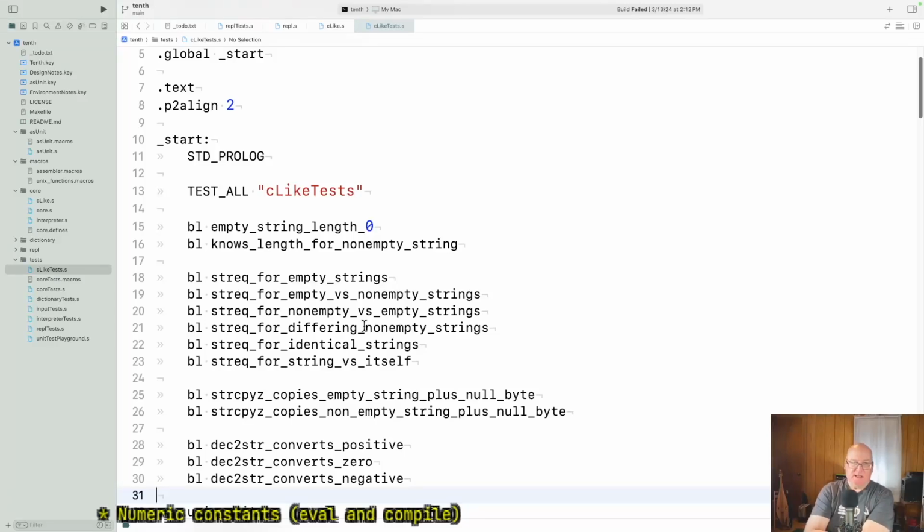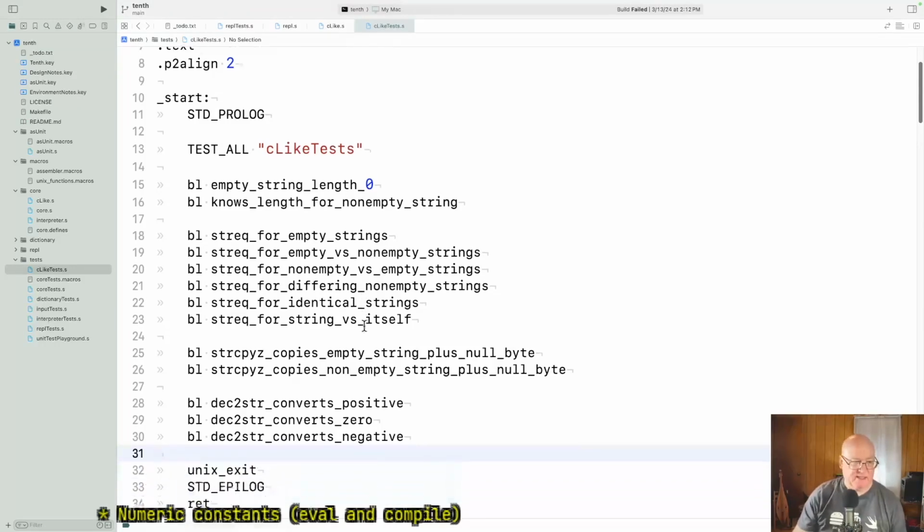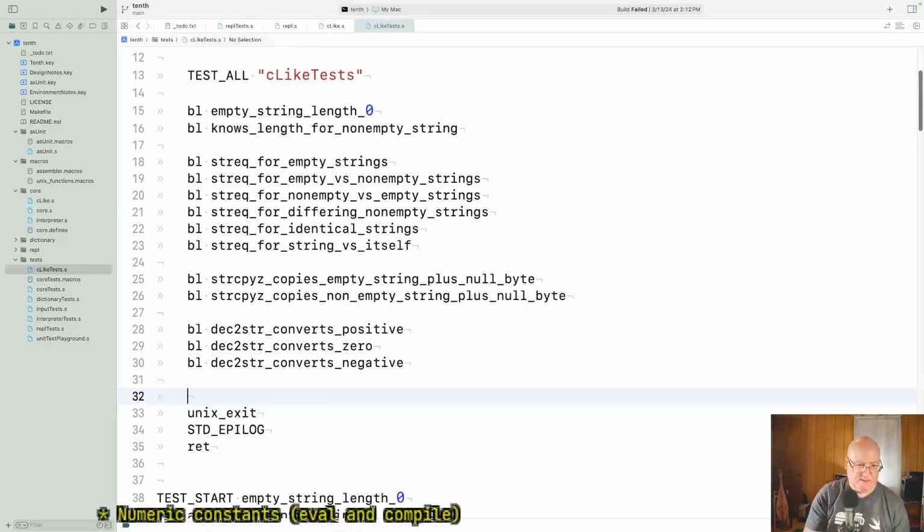We'll have a few more, but not a lot. I guess I'll just live with it. All right, so BL string to positive